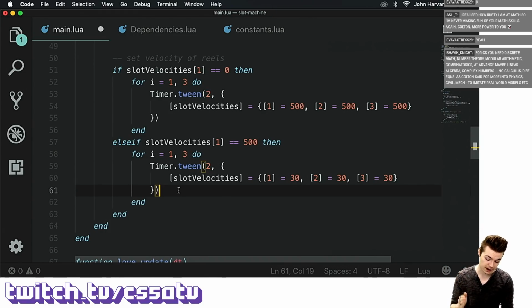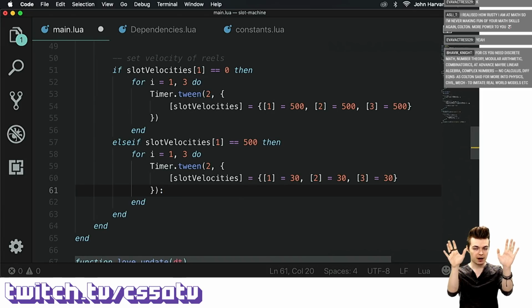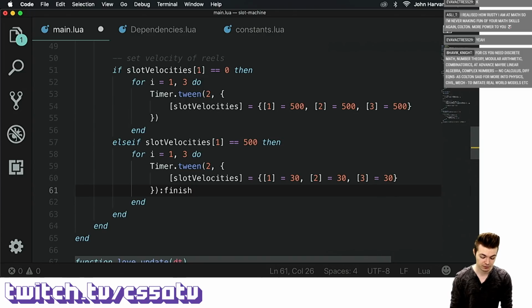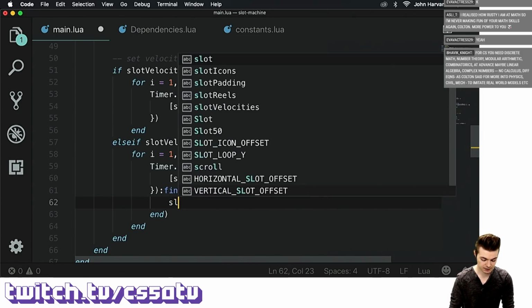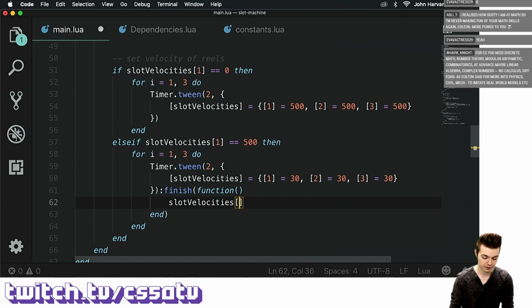And the way that we do that is, once we've gotten our velocities down from 500 to 300, and that's finished by calling the finish function on the tween, we say on finish, and we pass in an anonymous function. I say slot velocities, we say stops at i dot target is going to be